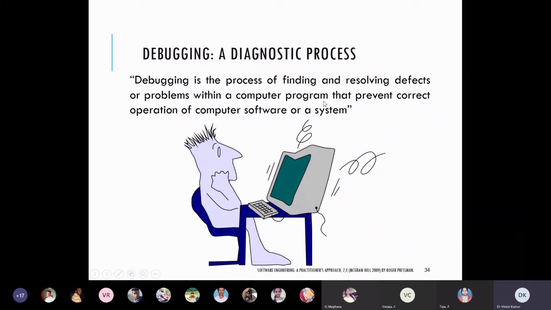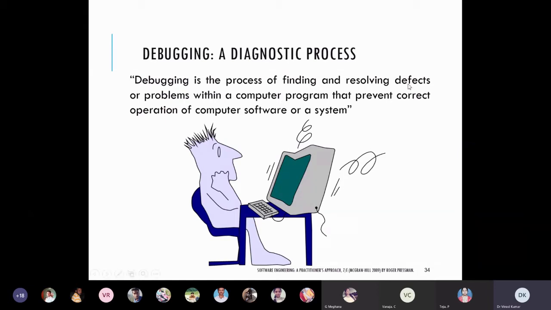Now, in today's lecture we are going to cover some more topics in software testing, and this very important topic is debugging. Debugging deals with any bug, defect or error in the software, because of which your software may not work properly. For that you need to diagnose what the problem is. After diagnosing the problem, you have to fix those problems. So how we can do this task, and the different techniques that we use, we will study.